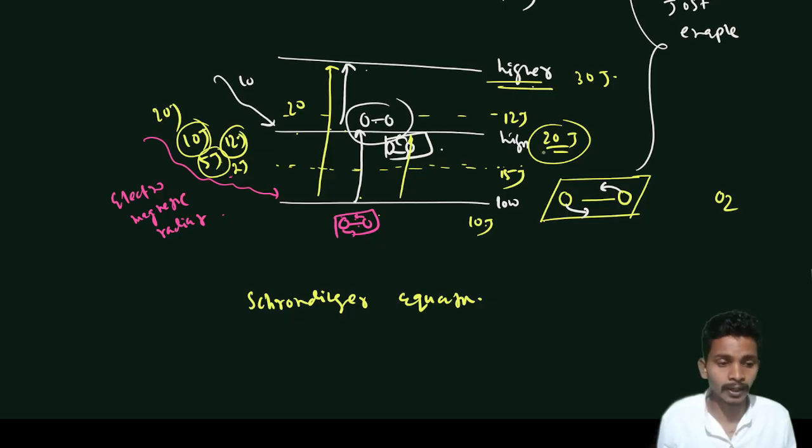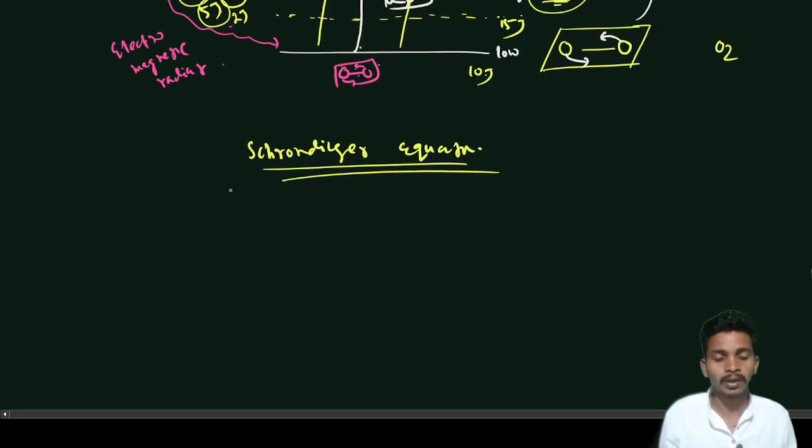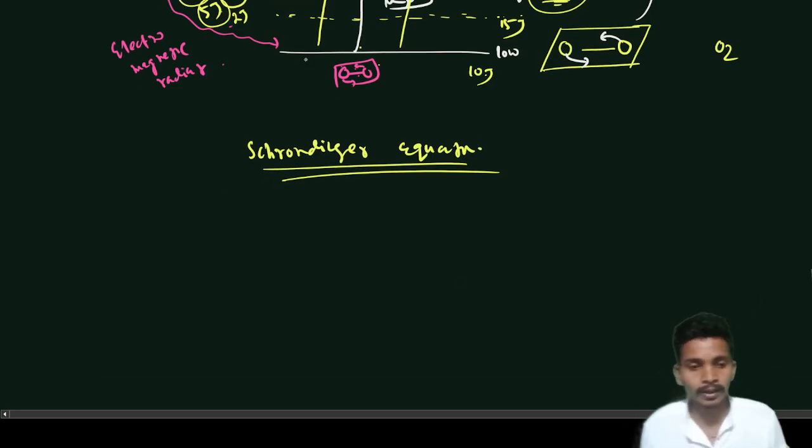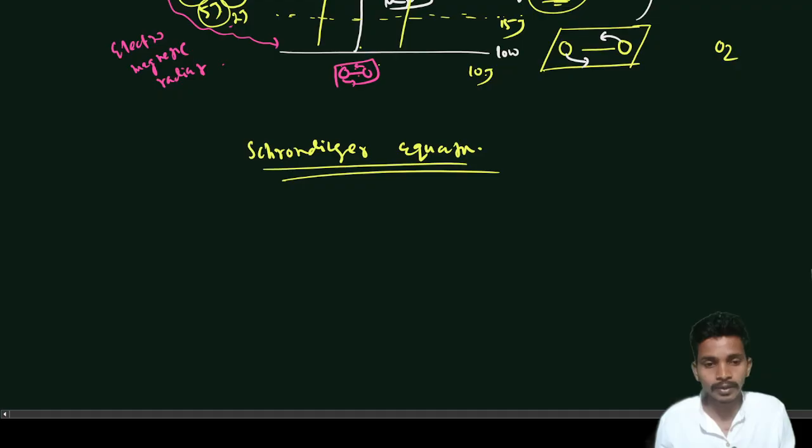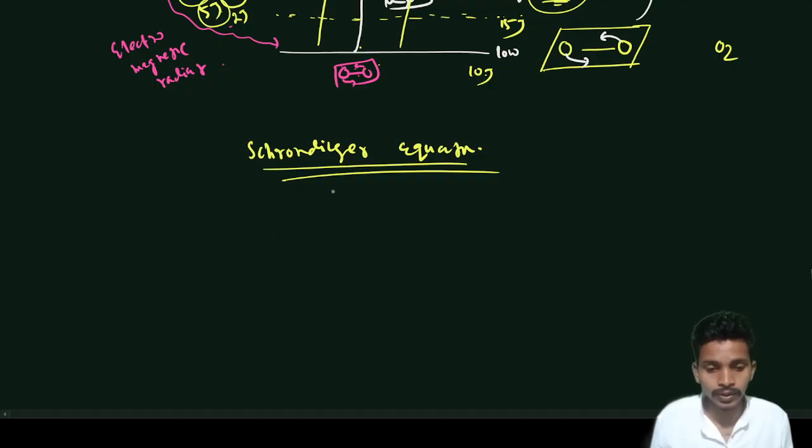Like I wrote here 20 and 30 joules, that is not the actual energy level; the actual energy level is given by the Schrodinger equation. The derivation I am not doing here. We can study the derivations in quantum chemistry, so I am directly writing the formula, which is important for these chapters. That equation is